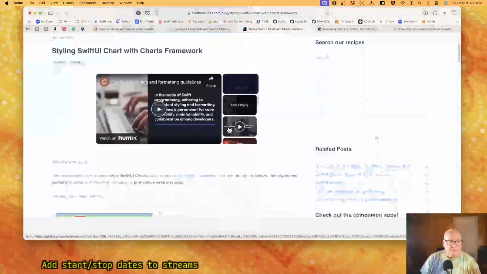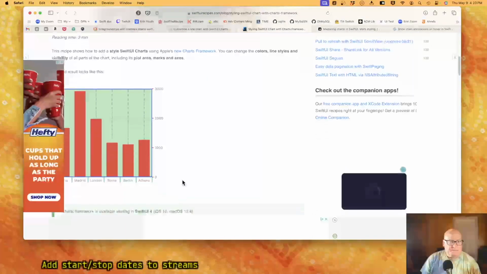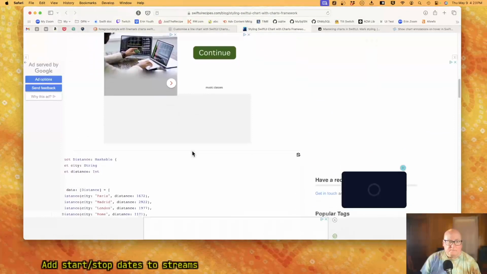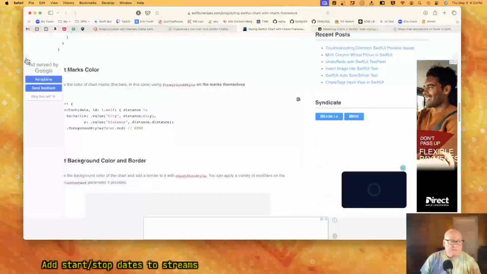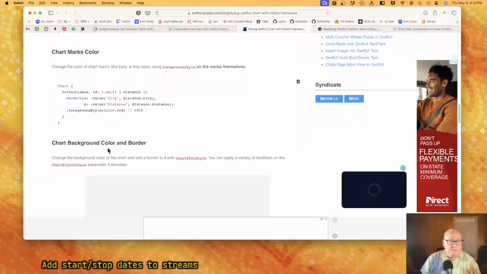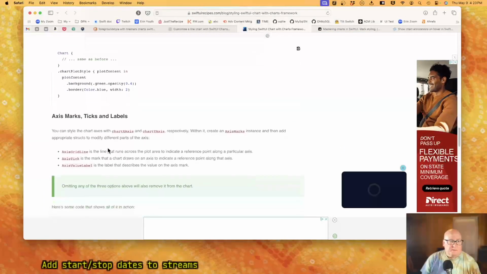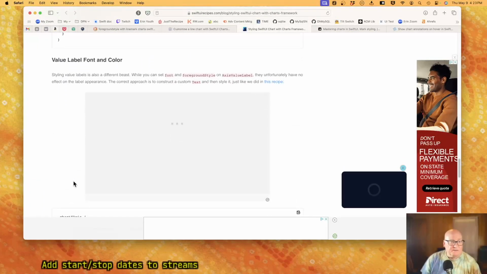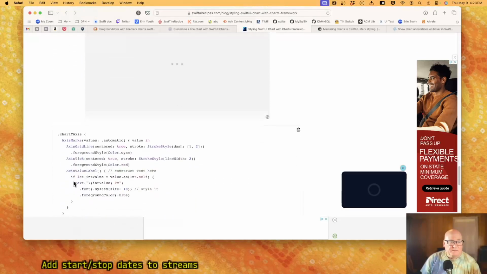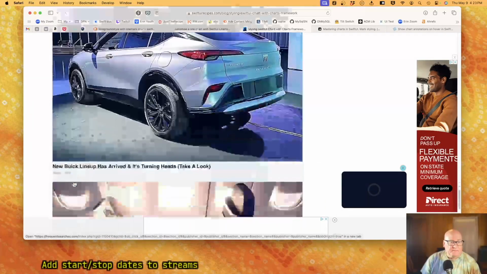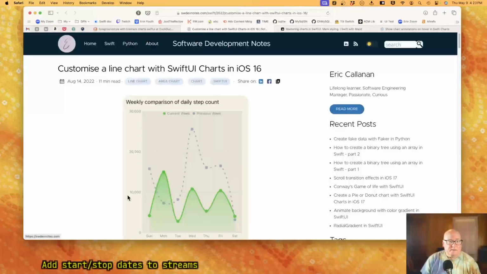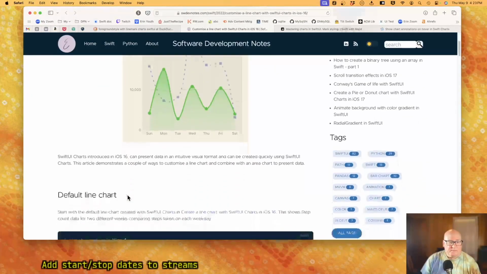That's what we're looking at. Well, you can do a bunch of stuff with it. That's useful to know. So many ads. Oh, now there's a nice little area thing. That's kind of nice.